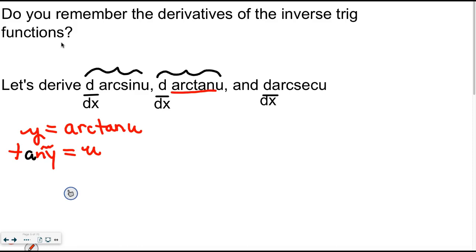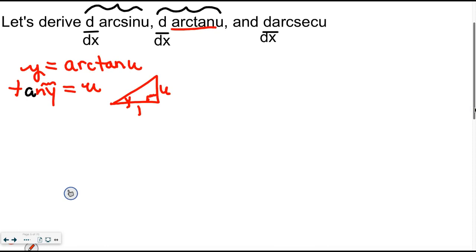So tangent of y equals u, which means the angle in question, because remember tangent's all about SOHCAHTOA, and in particular TOA. So if the tangent of the angle is u, or u over 1, TOA is opposite over adjacent, so it'd be u over 1. And then the hypotenuse would be the square root of a squared plus b squared. So if I go Pythagorean on you over there, then I do now know how to take the derivative